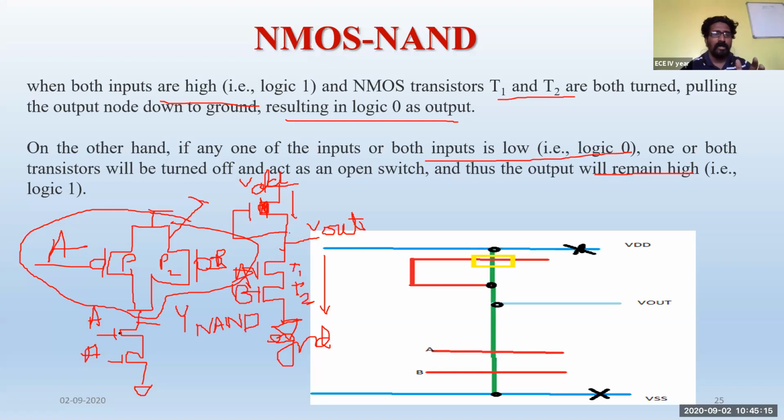If you want to convert any kind of CMOS structure for any Boolean equation into an NMOS inverter structure, you're supposed to replace this complete P block. The P block has to be replaced with this one depleted NMOS transistor. Then it becomes your NMOS inverter logic structure for that particular Boolean equation. And this is your stick diagram.